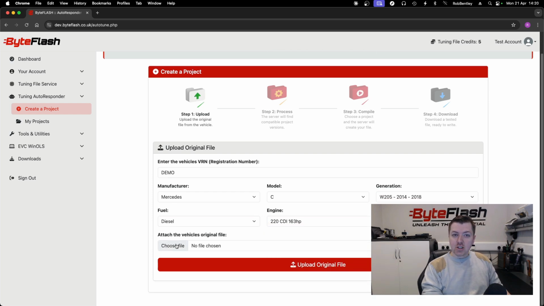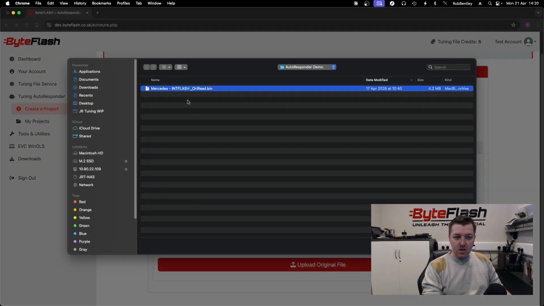And then we're going to attach the original file from the vehicle. This one is an internal flash. It was read OBD on Flex via OBD full. Basically, the file you need to upload to the autoresponder is whatever file has the maps memory area in. So if it's OBD maps, if it's OBD internal flash, if it's bench internal flash, if it's bench external flash,